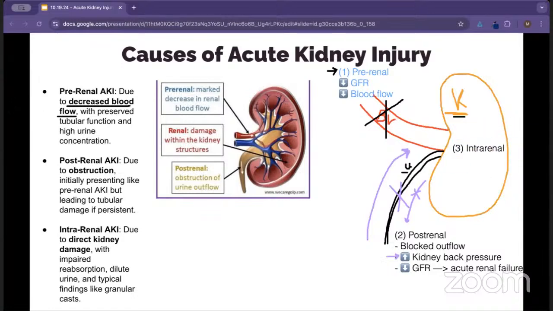So if there is some kind of obstruction here, let me try to illustrate that with maybe an X. That makes it hard to see, but you'll pick up the idea. If there is an issue happening with the kidney, some kind of malfunction, the intrarenal AKI would involve direct damage to the kidney tissue, usually the tubules, the interstitium, or the glomeruli. Common causes are usually acute tubular necrosis, ATN, usually due to ischemia or nephrotoxic agents,